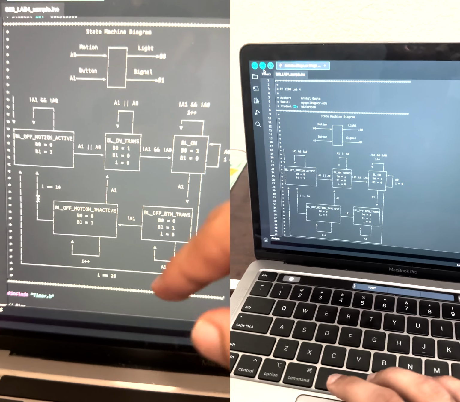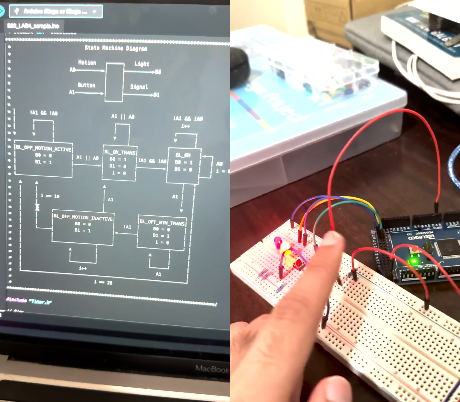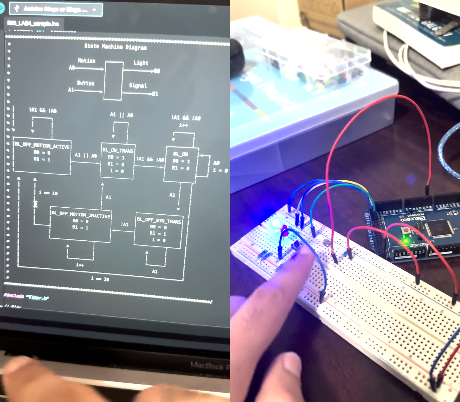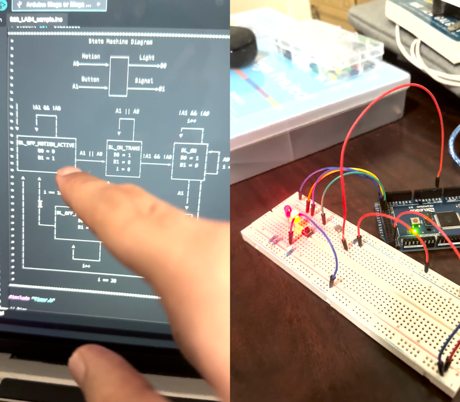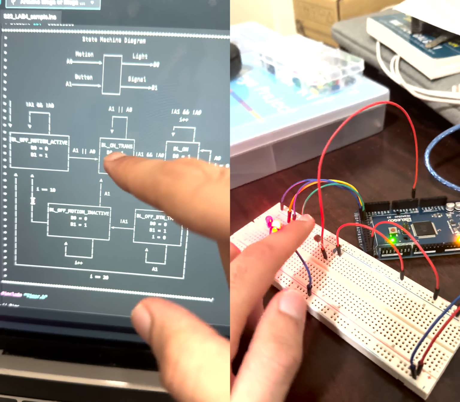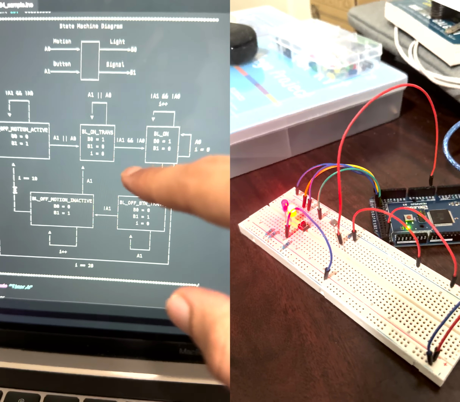Okay, this is the state machine for lab 4. It's got two inputs, motion and the button, and two outputs, the light and the signal light. It has 5 states. The first one is the default one where it starts, where it's off, and if there's a button or a motion press, it transitions to this transitional state where the light turns on until it